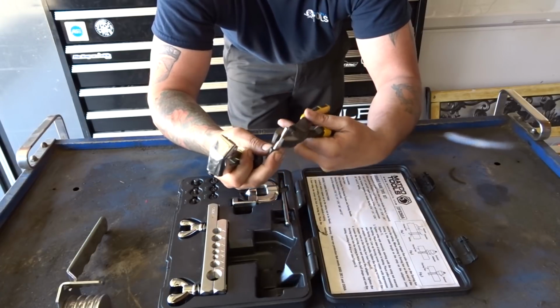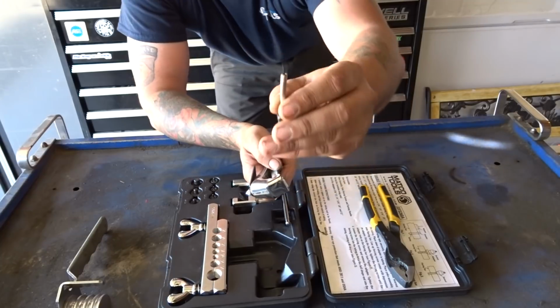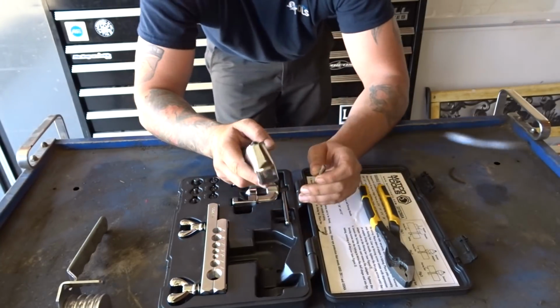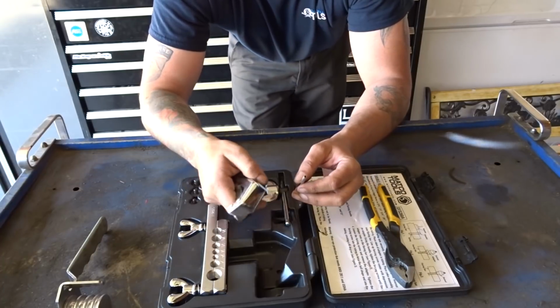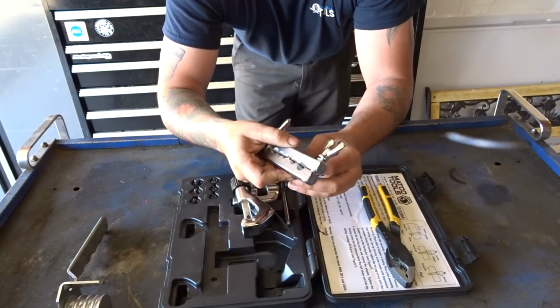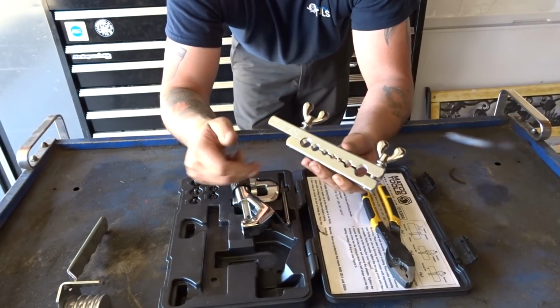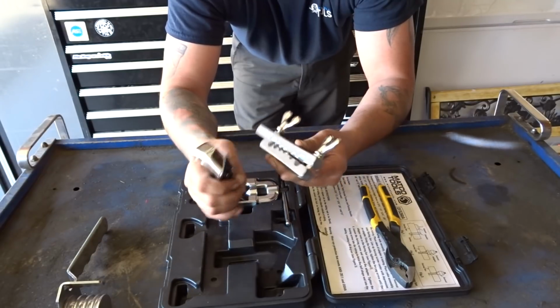So now we end up having a not really the cleanest cut in the entire world, but we're going to help clean that up even more. Now, again, if you have a place to be able to use the flat side of the clamp, you can put this 3/16 line in like so, go around the edges, cleaning off any burrs,